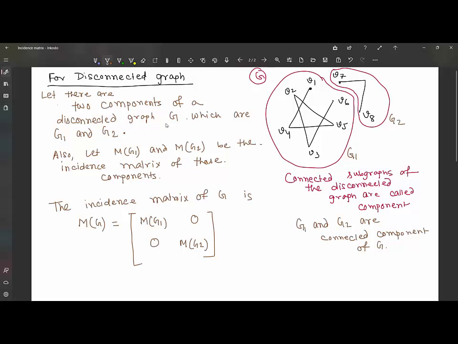Okay, let's take one problem for the disconnected graph. Suppose this is one example of a disconnected graph. So construct the incidence matrix. So this is the problem: construct the incidence matrix of the following graph. So this is the graph,